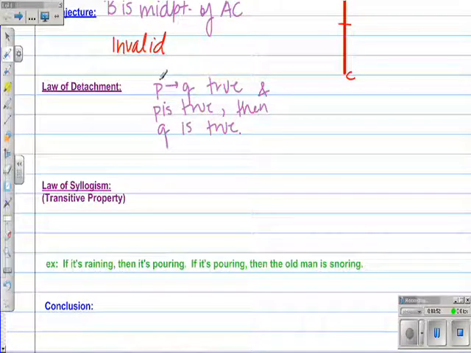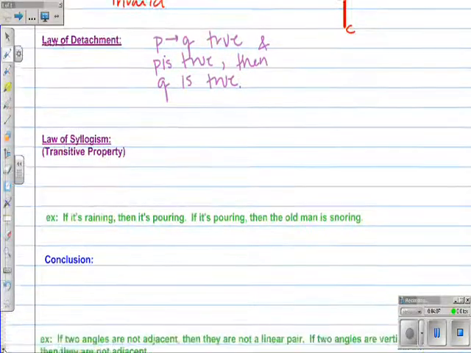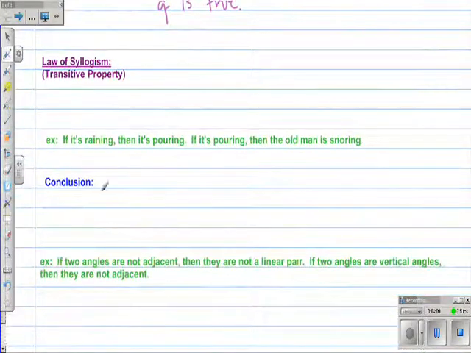If the conditional is true, that if P, then Q, if that's true, then whenever P is true, Q has to be true. Okay? It's just stating that if the conditional is true, both the parts are true when they're in the conditional. The law of syllogism is like your transitive property. So it's saying if P implies Q,